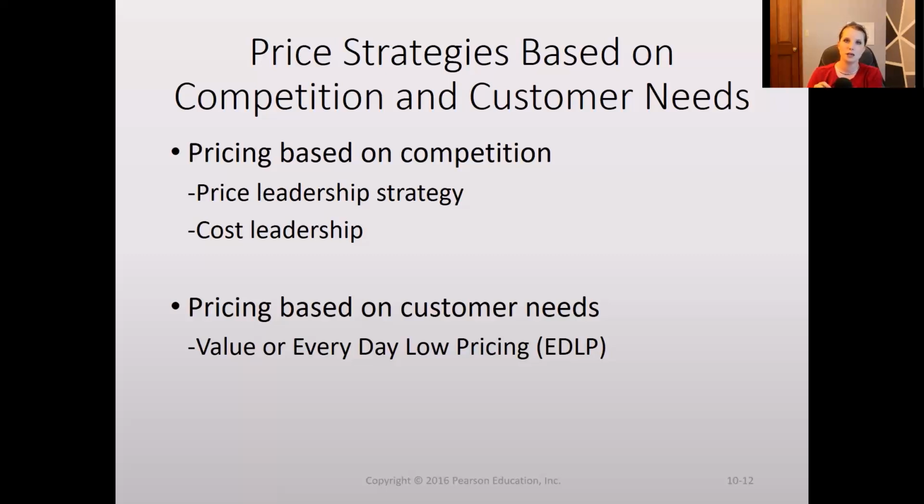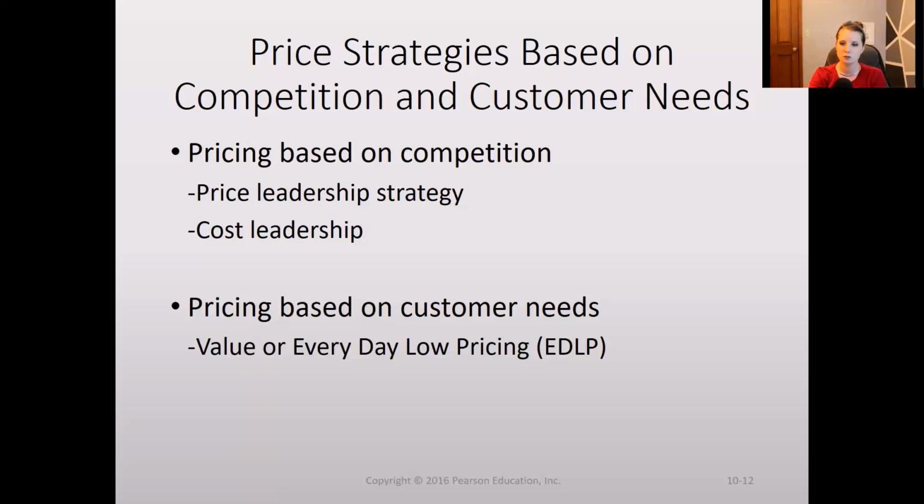So one example would be McDonald's when they came out with the dollar menu several years ago. That was relatively new for the industry, and they pretty much forced almost all of their competitors into having something similar to a dollar menu. We've seen that change over time, but that is definitely cost leadership, where that was a strategy that McDonald's engaged in and kind of forced the other competitors into changing their prices because of McDonald's.